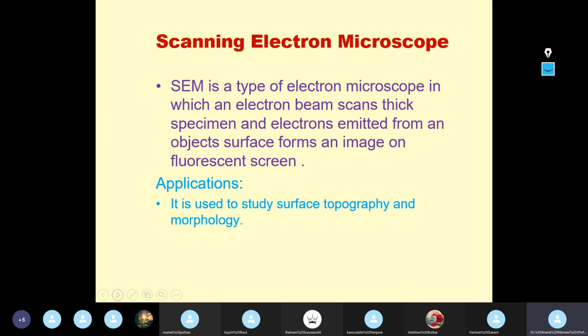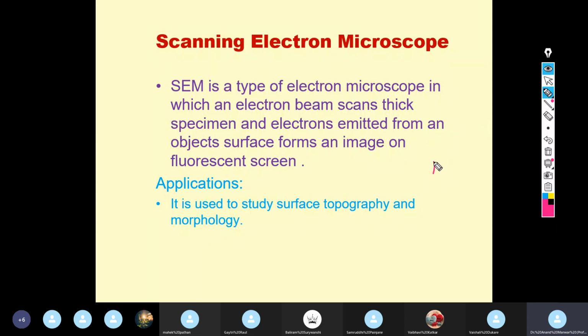So what is this scanning electron microscope? Again, as the name indicates, it is a type of electron microscope in which an electron beam scans thick specimens, and electrons which are emitted from the object surface form an image on a fluorescent screen. Now see the difference between transmission electron microscopy and scanning electron microscopy. In a simple manner, if you want to say,